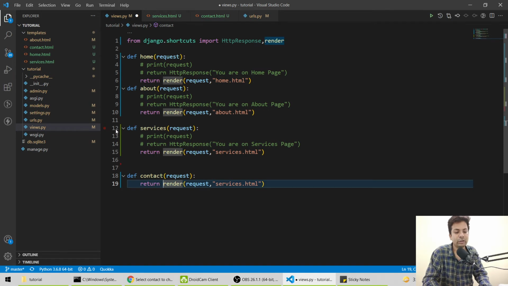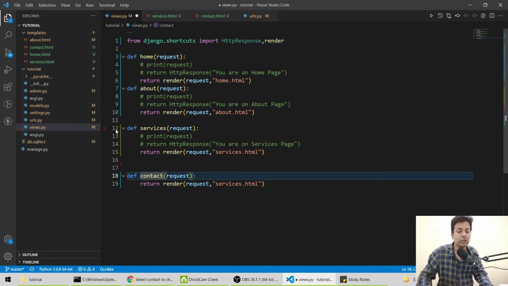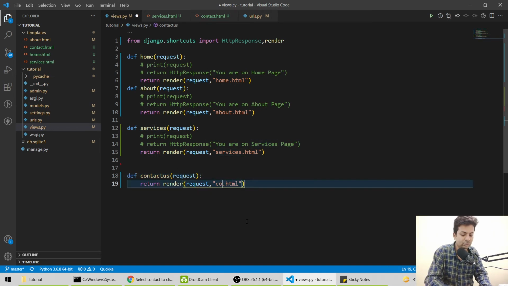I think it will throw an error because we also have a model named contact. So we'll say contactus, because I'll import the model name here now. So for inserting data, contact.